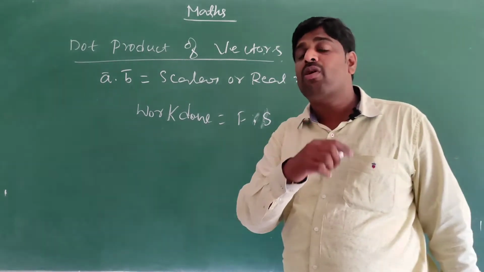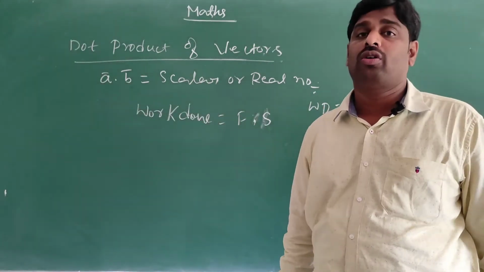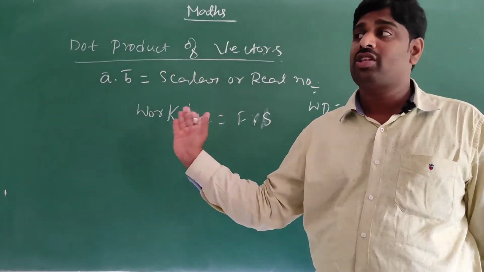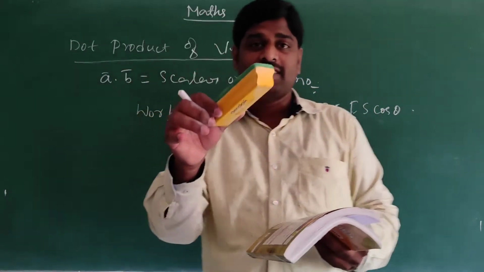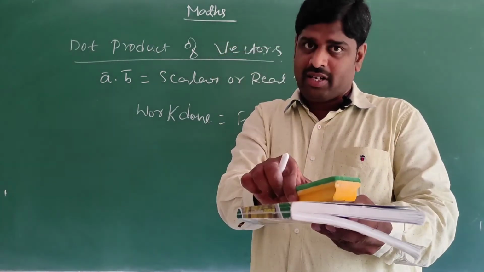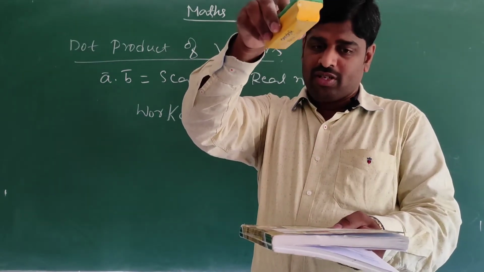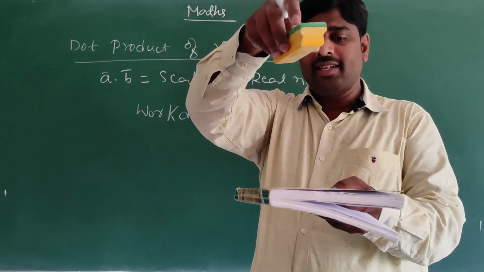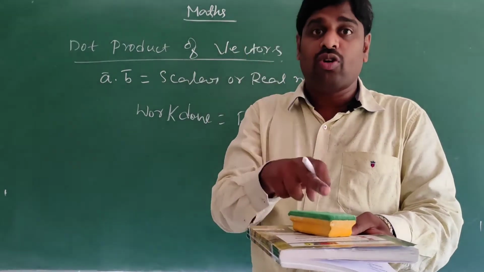When you take the cross product of vectors, rotational motion comes. Observe your house door: the door has rotational motion, so that's why the cross product comes. Suppose this is the duster. If I put a force like this, the duster is displaced like this only. Otherwise, if I put a force like this, the duster will not rotate. It displaces from this position to this position, so there is no rotational motion.